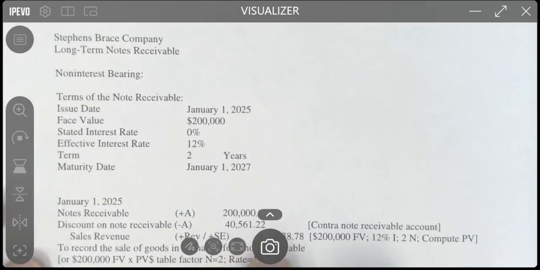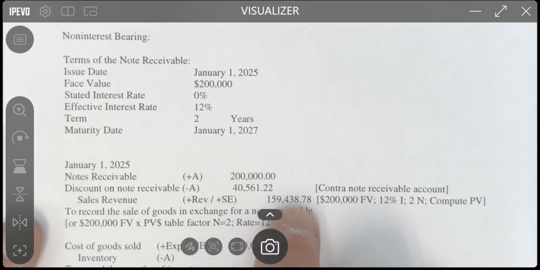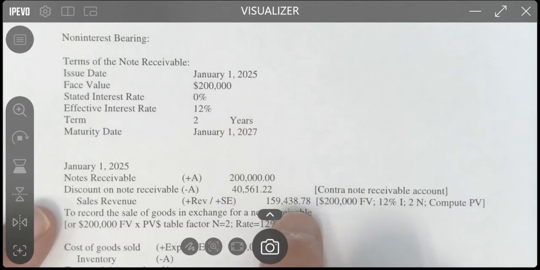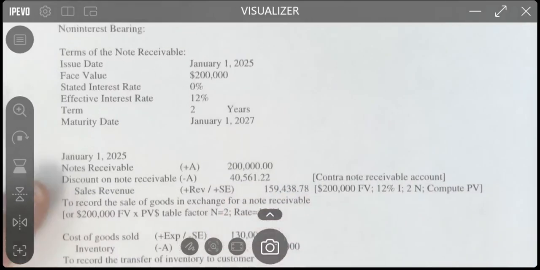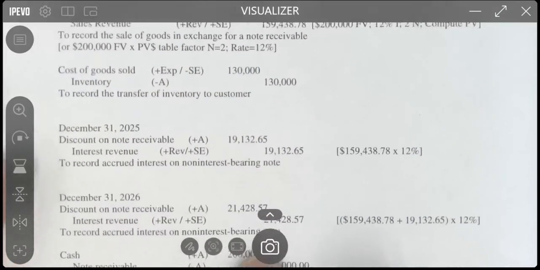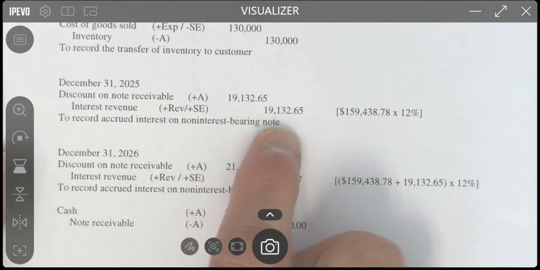The sales revenue would be the present value of the $200,000 face value, which turns out to be $159,438.78, and then the discount is $40,561. We have the cost of goods sold again, and then we amortize the discount to interest revenue over the